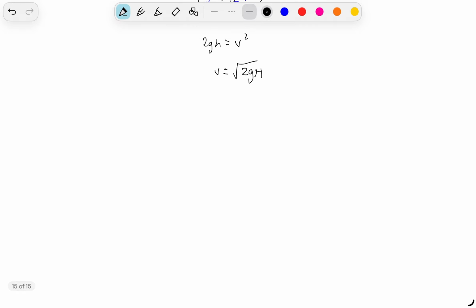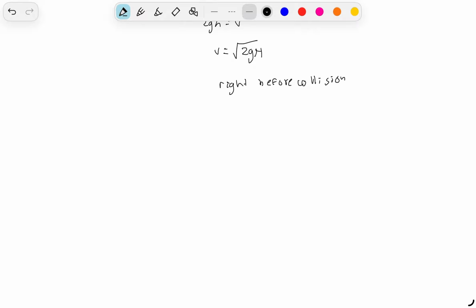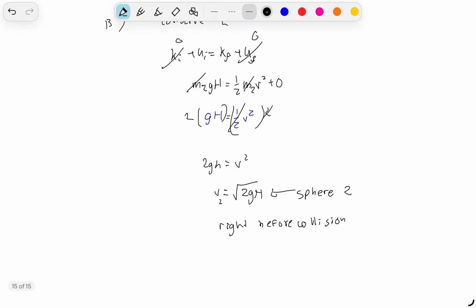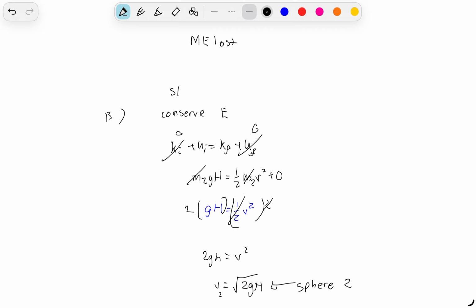So right before our collision, sphere 2 has this speed, which we'll call v2. That is only for the first stage, when sphere 2 falls pre-collision. Now we have to look at our second stage,